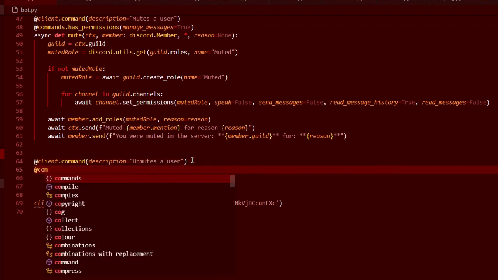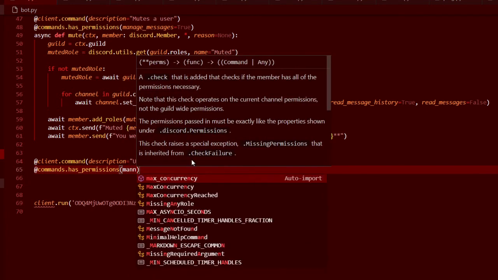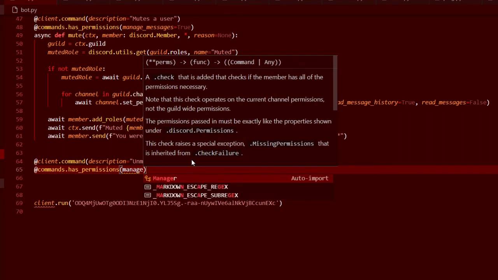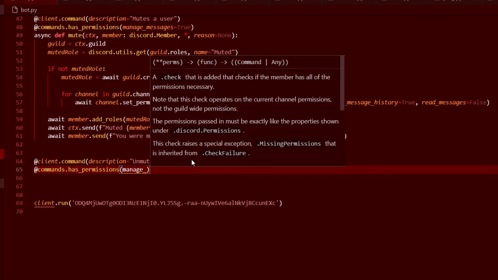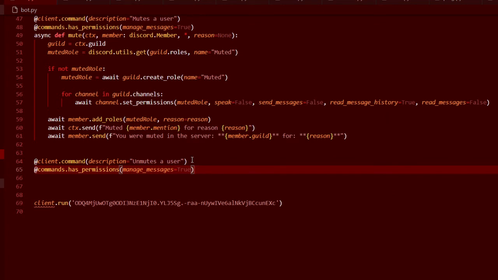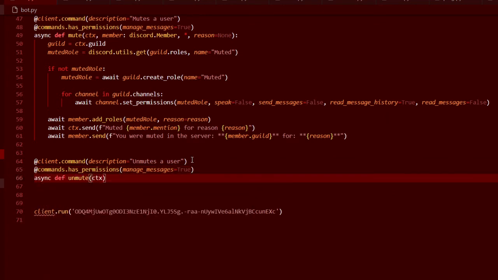And then we're gonna, of course, check if it has permissions: manage messages equals true. There you go. Fixed. Async def unmute context